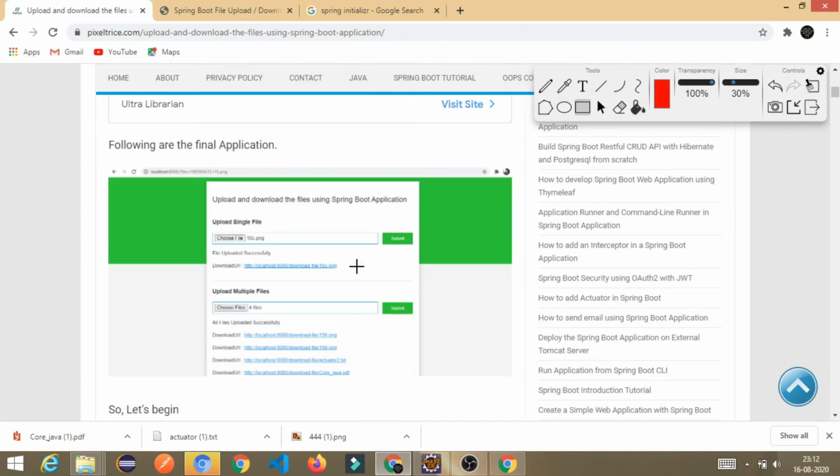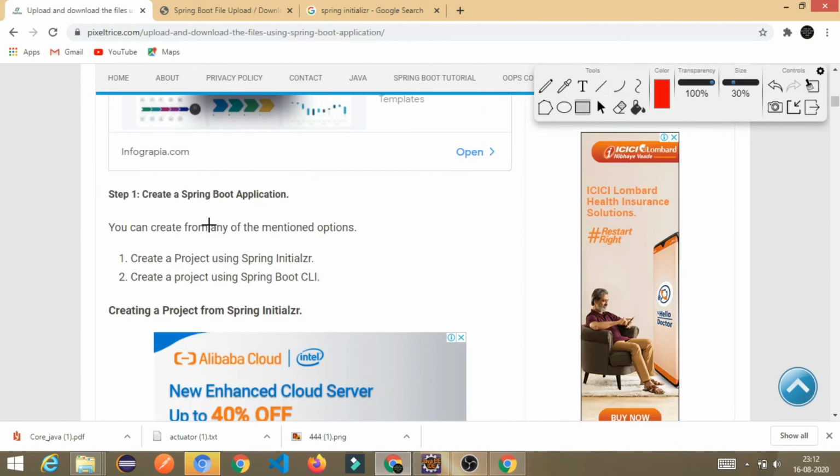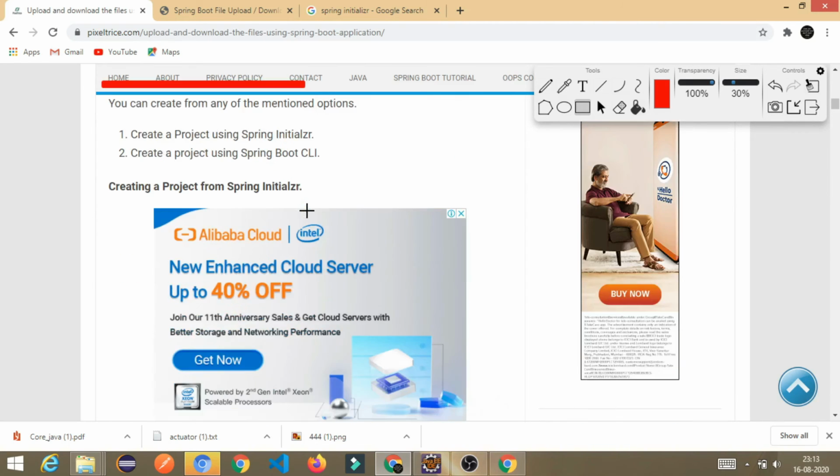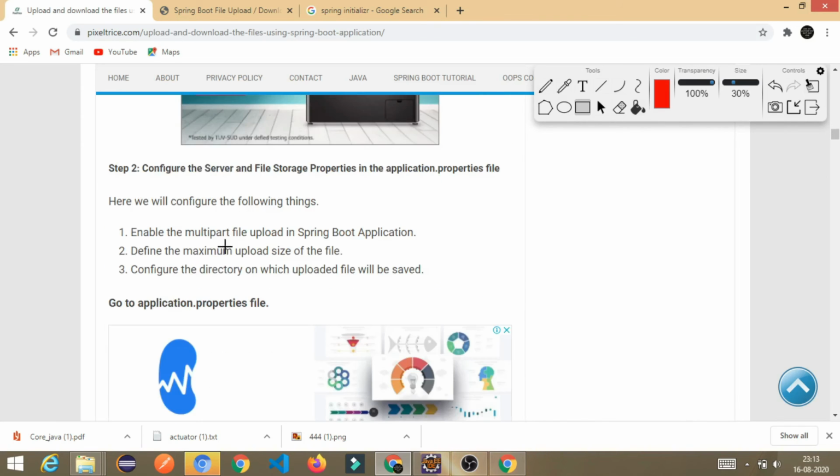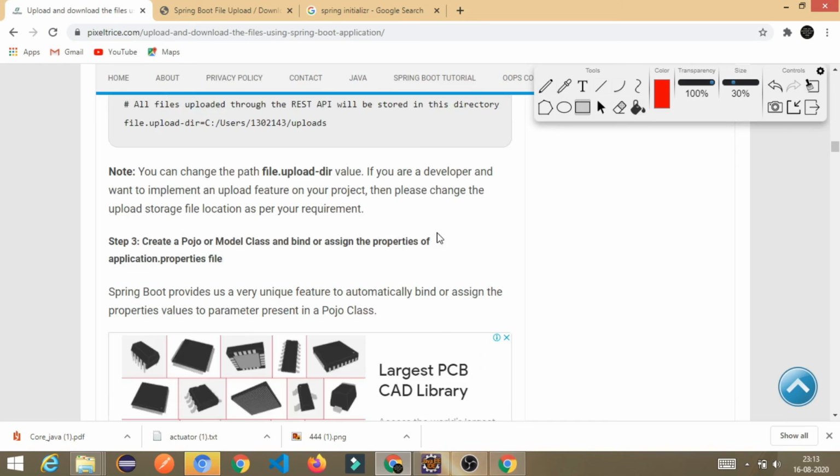So let's see here. In step number 1, I mentioned create a Spring Boot application. I already created it. Step number 2, configure the server and the file storage properties in the application.properties file. We have done that.